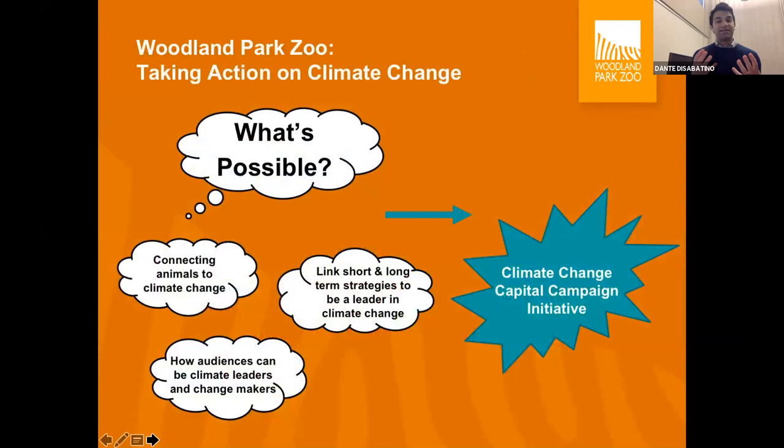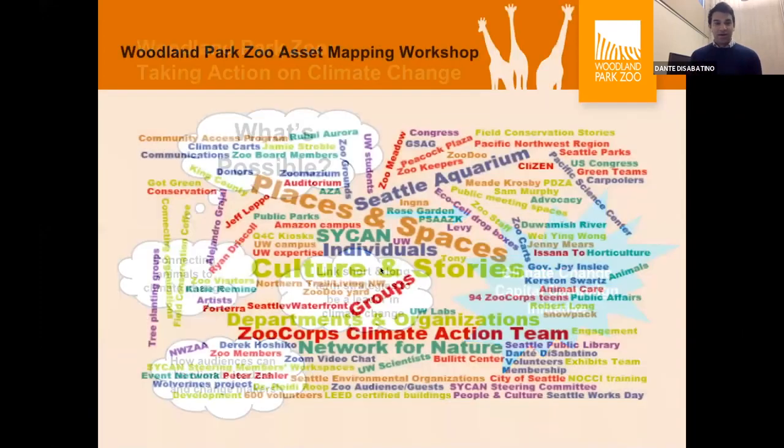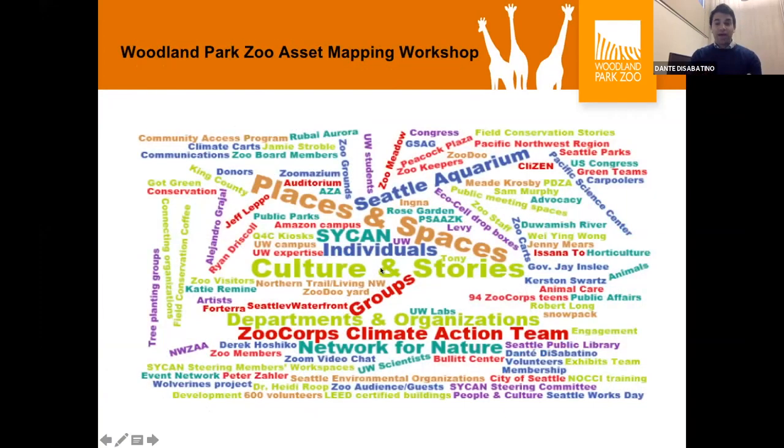these are some of the things that we came up with. It's a similar thing. This word map was very helpful for us to see what we can do around climate action as an institution in collaboration with our community. So how can our institutional assets be leveraged to help the community that we were working with? The products of this were also shared with our community to show them some of the assets that we have that we can further connect them to as well. If you go to the next slide,